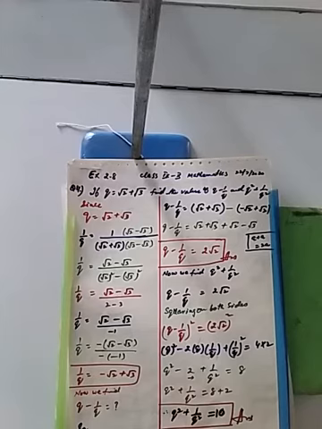In the previous question, we applied the formulas for the difference of two squares as well as (a + b) whole square. In this question, the difference of two squares and (a − b) whole square. So you practice this formula and these questions, 3 or 4 times. Then there is no difficulty for you.